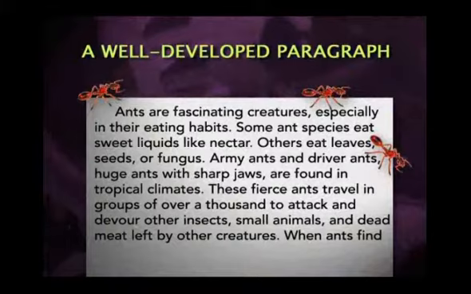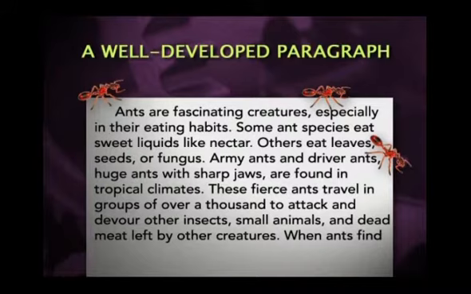Some ant species eat sweet liquids like nectar. Others eat leaves, seeds, or fungus. Army ants and driver ants, huge ants with sharp jaws, are found in tropical climates. These fierce ants travel in groups of over 1,000 to attack and devour other insects, small animals, and dead meat